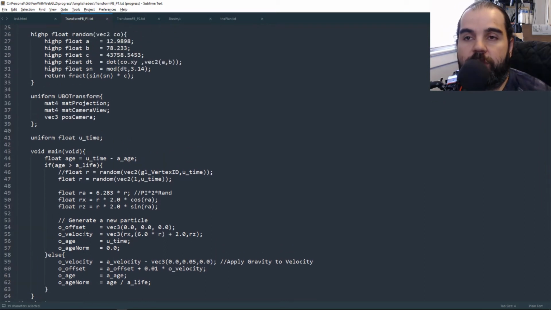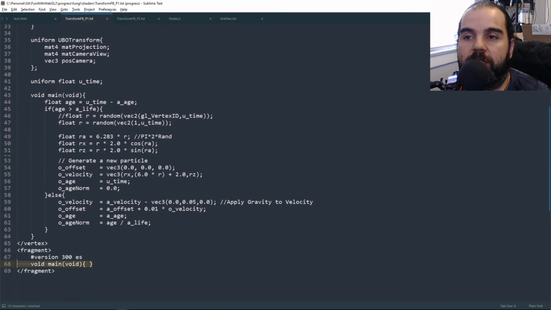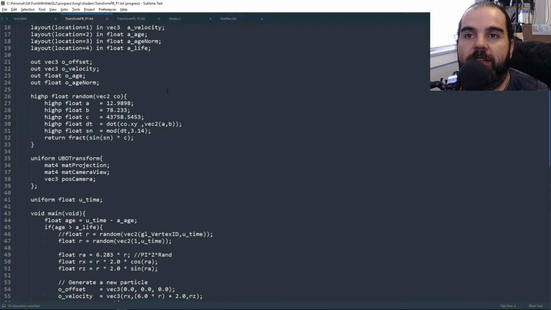So even though this is just a regular shader, we can consider this a compute shader, because OpenGL has something called compute shaders that kind of works. The idea is that it does all the calculations on the GPU, and then you can get all that data back, because GPUs can do all these calculations in parallel really quickly, very well, better than the CPU can. So essentially that's what we're doing. This is a poor man's compute shader